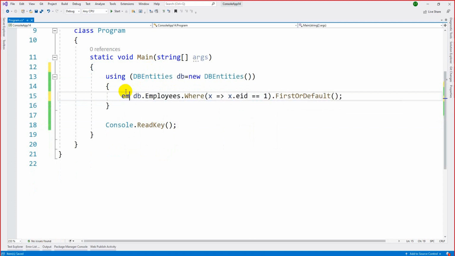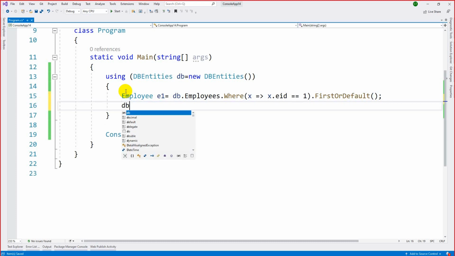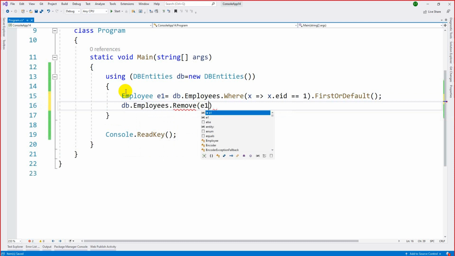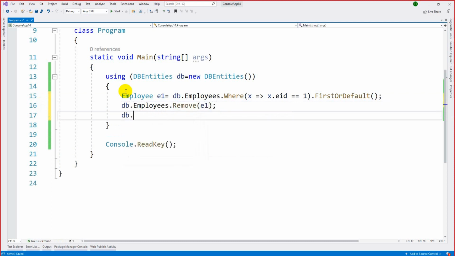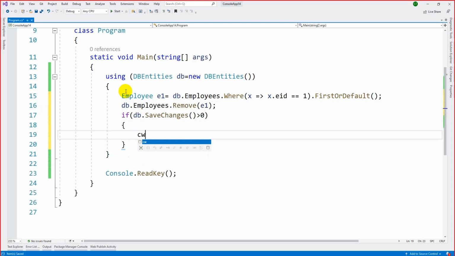You will save it with some name, employee e1, or else you can take var data type also. Then db.employees.Remove, and you can pass this e1 object, db.SaveChanges. Let's apply this in an if condition. If this db SaveChanges count is greater than 0, then I can print